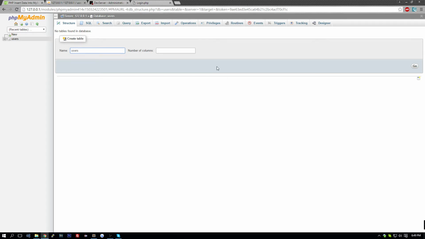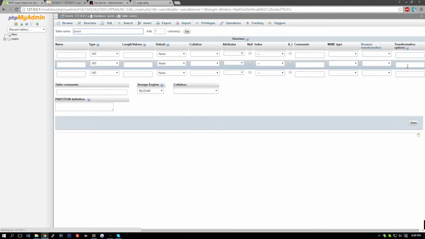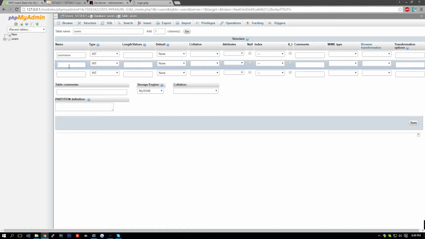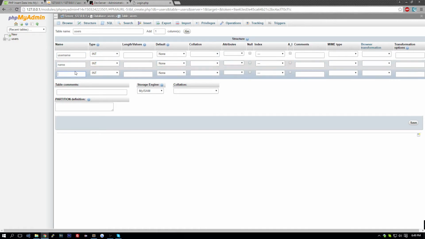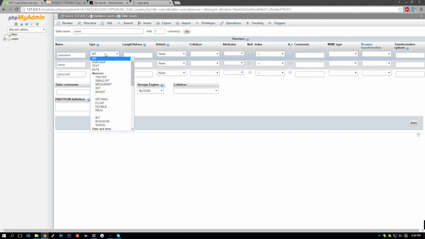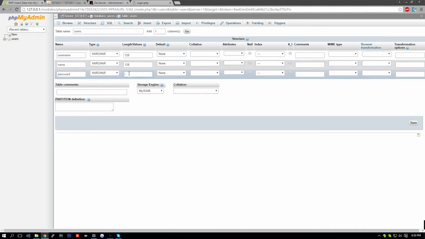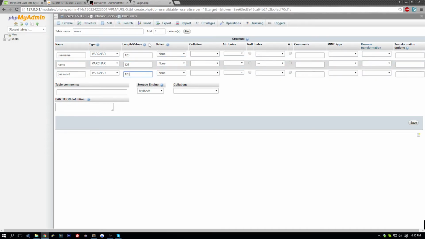users again, and we're going to put 3 columns because we have our first name, username, and password. So let's go ahead and put those in there: username, name, and password. Let's go here, here, and here. Now let's do 128, 128, 128. Now in production you would want a